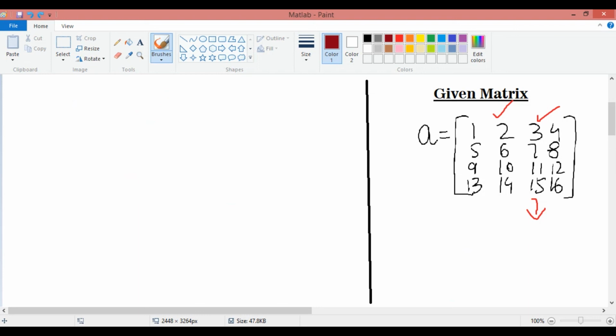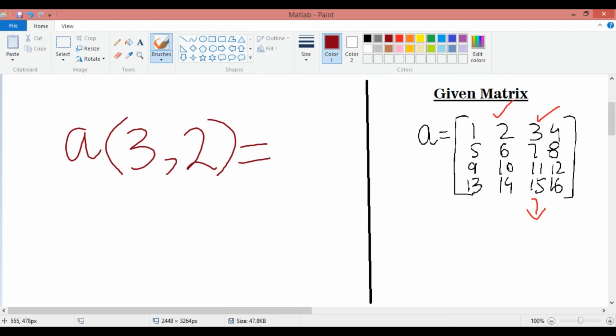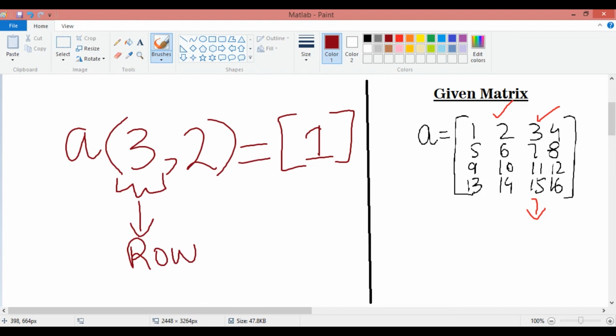The command is a small bracket 3 2 equal square brackets and 1. So I have already told you that this first number will take your row, the entire third row, and this is the element, third row and second element.